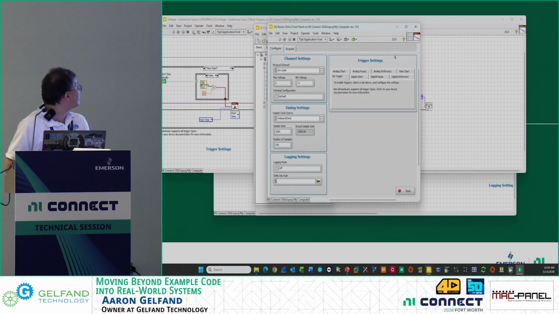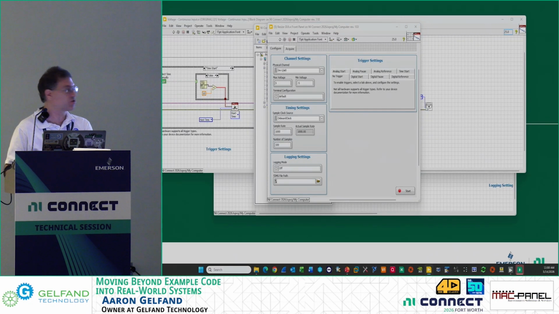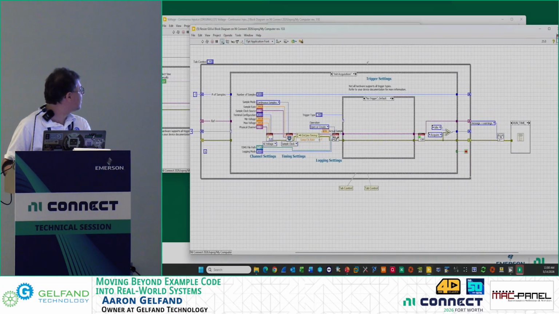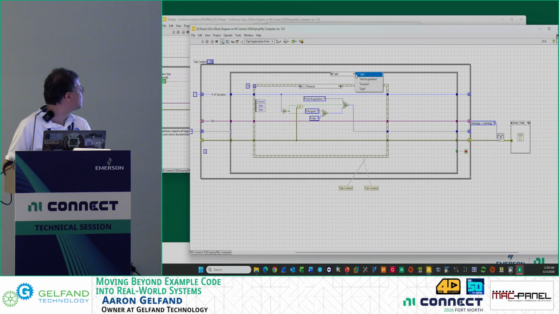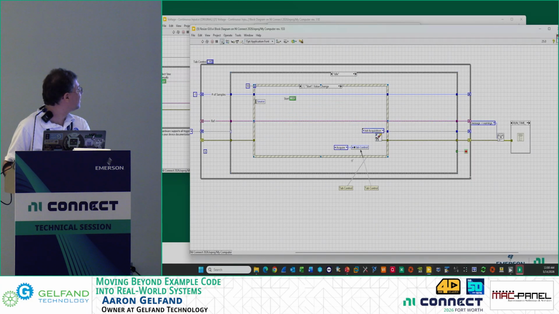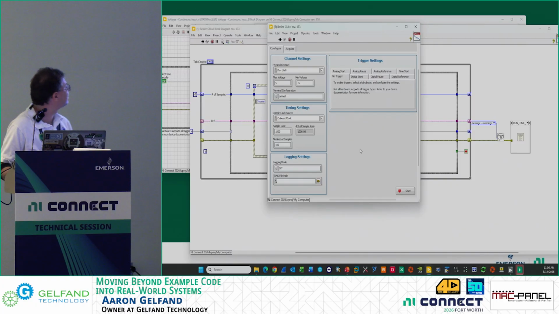So here, what I've done on the block diagram is I've added a tab control, and when we start our attempt to acquire, I switch my tab control to my acquisition tab rather than my configuration tab. And when I stop,